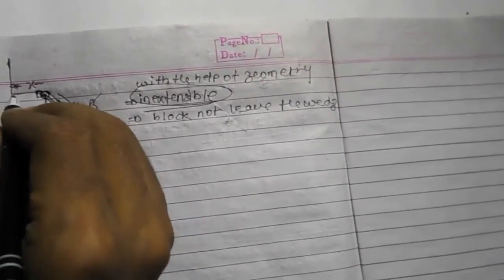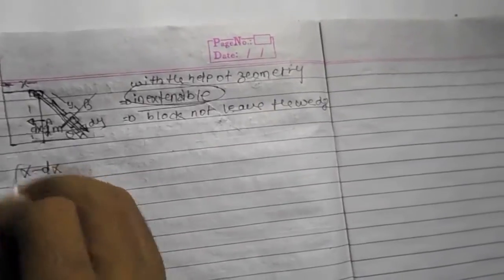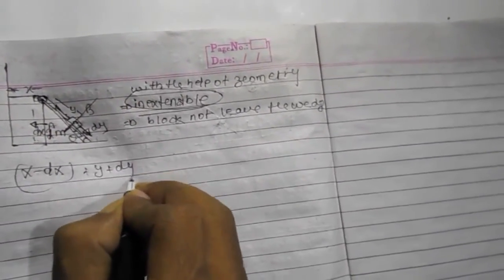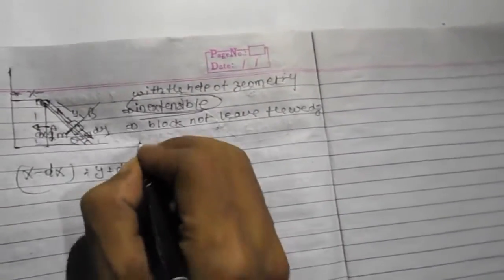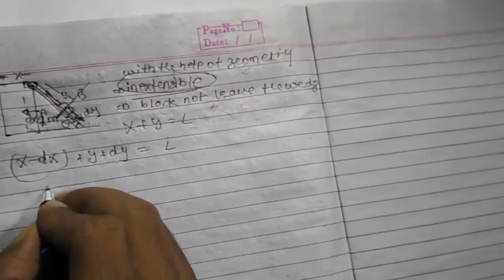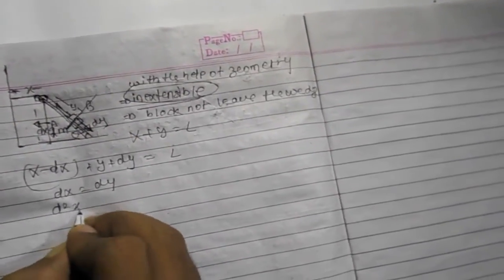So what will be this length? This length will be x minus dx. And what will be this length? y plus dy, and this should be equal to the initial length, which is L. x plus y is equal to L, this is the initial length. So what can I write? dx is equal to dy. This means acceleration of A